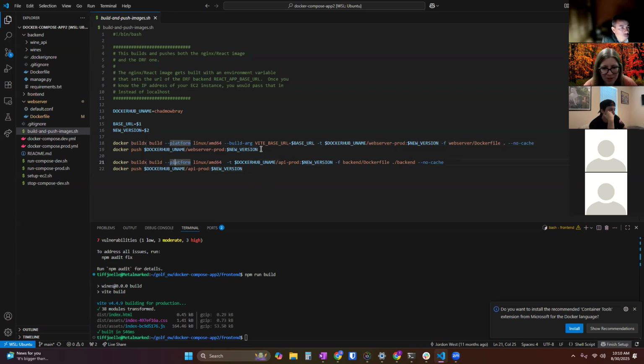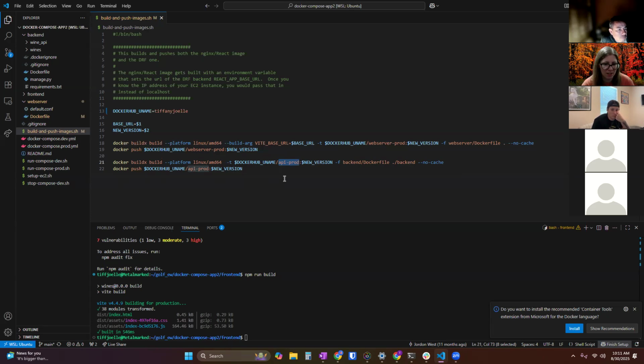So it will build this web server image first and push it up to your Docker Hub. Your Docker Hub, you will replace with yours. The second part builds and pushes your API, which is the Django REST Framework Postgres database. This second part is going to build using this platform, using this name, which is going to be your Docker Hub username / whatever you want to name it, and the version number. It's going to be using this Docker file and the backend, and it's going to push it up to your